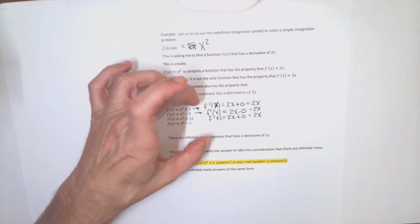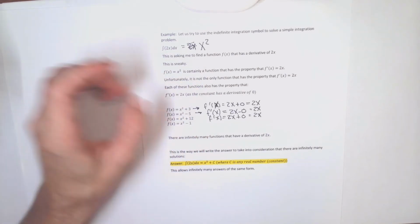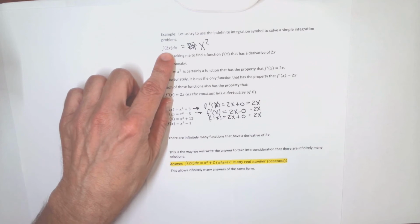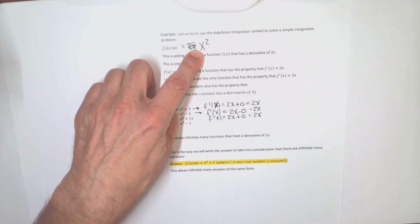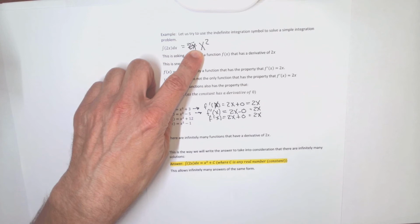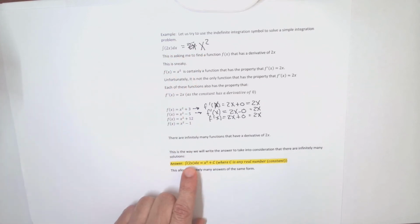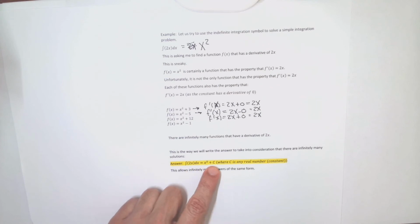So there isn't a unique answer to the question, what function has a derivative of 2x? There's a whole family of functions that have a derivative of 2x. And so the way I would describe the answer to this, because there isn't a unique function that has a derivative of 2x, would be like this. I would say the integral of 2x is x squared plus c,